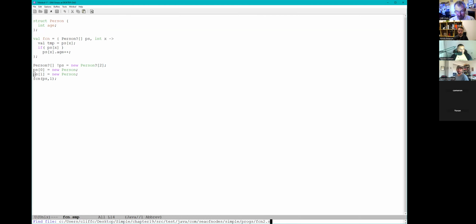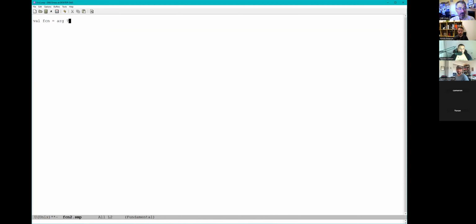Sure, function2.simple. What do we got here? Val function is equal to r question mark int x or x times x colon x arrow x plus x. And then let me actually say this.